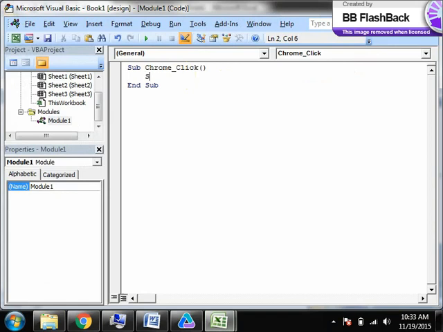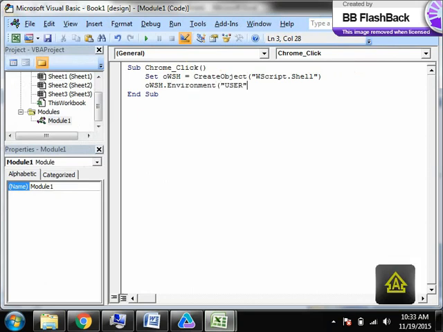Then what you can do is, let me know if you don't understand this. We have already seen this. OWSH equals to create object wscript.shell. You know what I am going to do now? OWSH dot environment of user, or you can have system also. You know what is meant by that? Environment of user, to deal with the environment variables at system level.